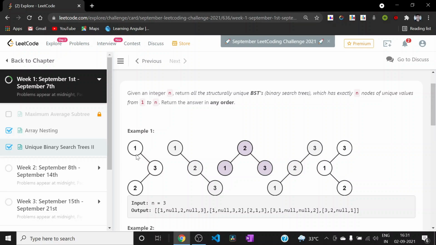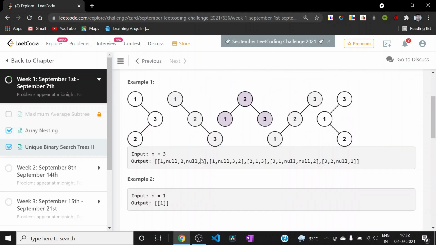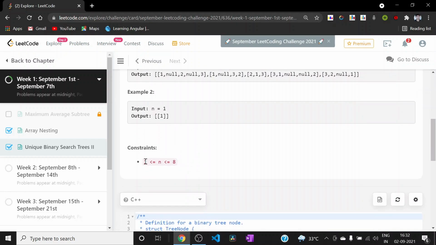So we will be considering every possibility of the root node, and we will be generating all the left subtrees and all the right subtrees, and using the combinations of the left and right subtrees, we will be generating all the trees. So let us try implementing it. One more thing is that if you have solved the easier version, you can easily verify that we can easily brute force for n equal to 8.